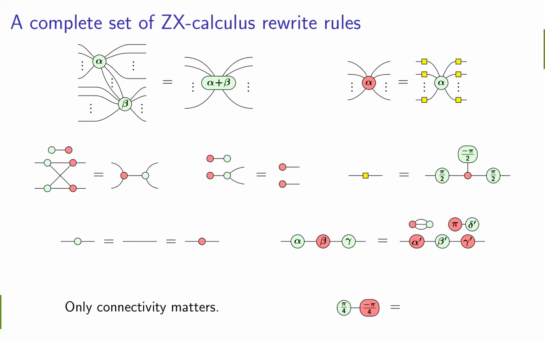Sorry, question. Are there any constraints? Are you always allowed to, for example, replace this spider by this other spider, or does it depend on the constraints? There are some boundary conditions that you need to worry about. But this is highly local. You don't need to worry about the context. You just need to look at, is there an example of two Z spiders that are connected to each other? And if there are, no matter what else is in the diagram, you can replace them by just a single Z spider.